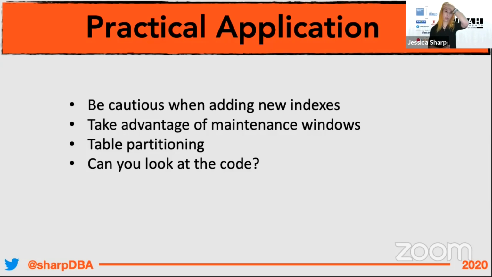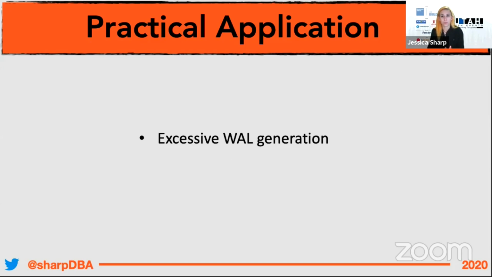I cannot tell you how many times I've seen people go in and add table partitioning or migrate from Oracle to Postgres onto table partitioning, and they didn't change the code, and it's not pretty. You think you're doing your database a favor, and it can really backfire. So again, look at your code, especially if you're partitioning, but also just if you can look at the code, just look at the code. Try and change it.